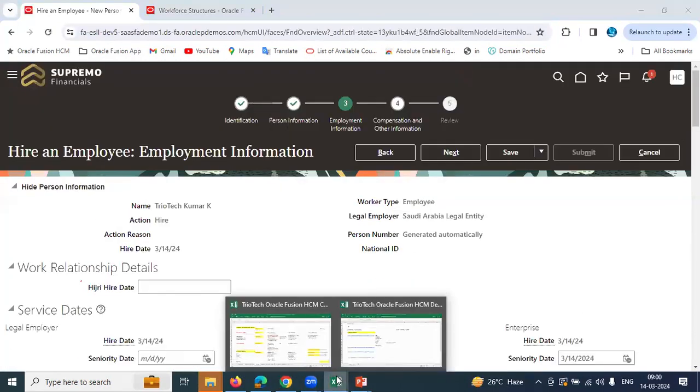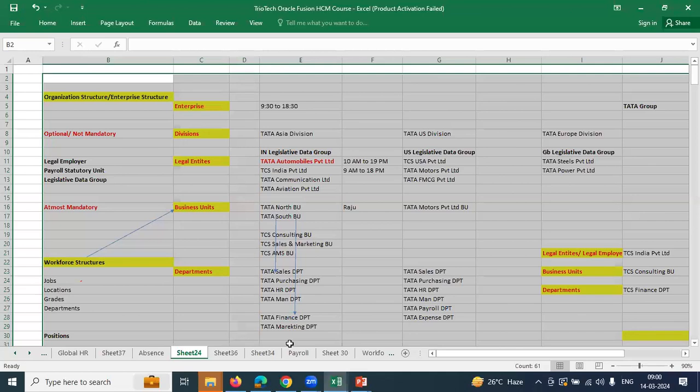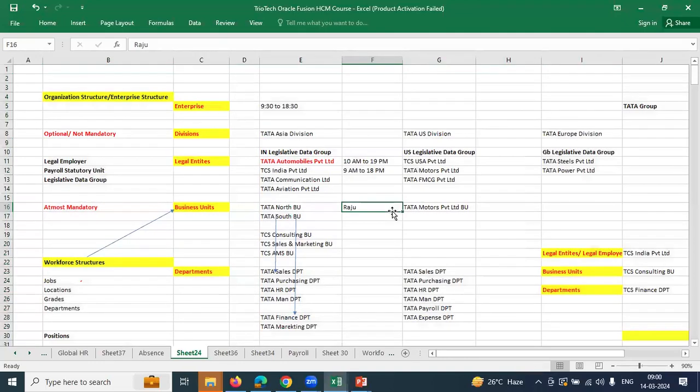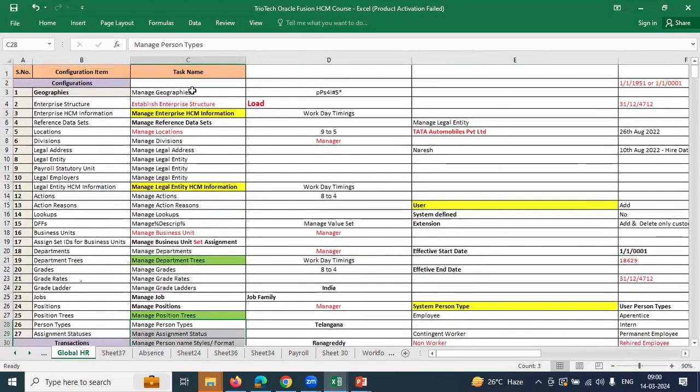So what will they be doing in the core HR module? They will be hiring the employees, entering all this data, and maintaining the employee. Not only hiring, but their transfers, promotions, demotions, terminations, resignations, hire to retire. Everything will be maintained in the HR module team. So as part of implementation in core HR, all our clients' organizations and workforce structures we have to configure